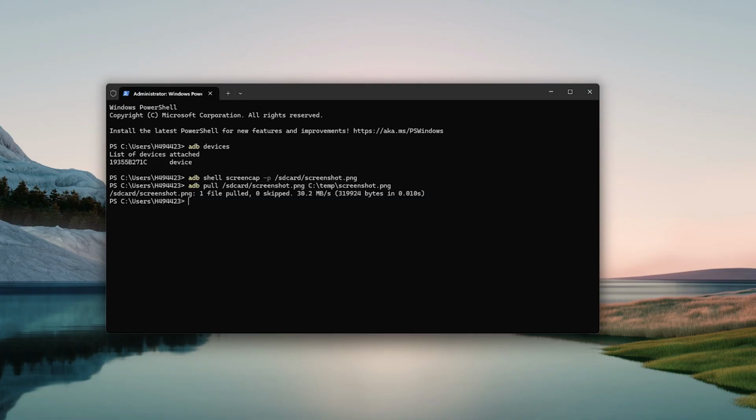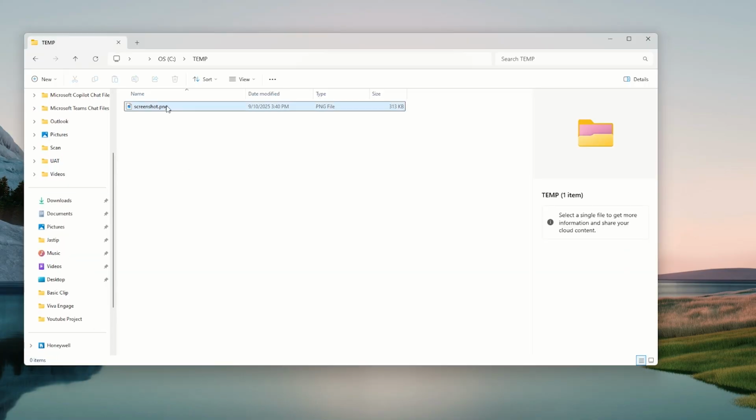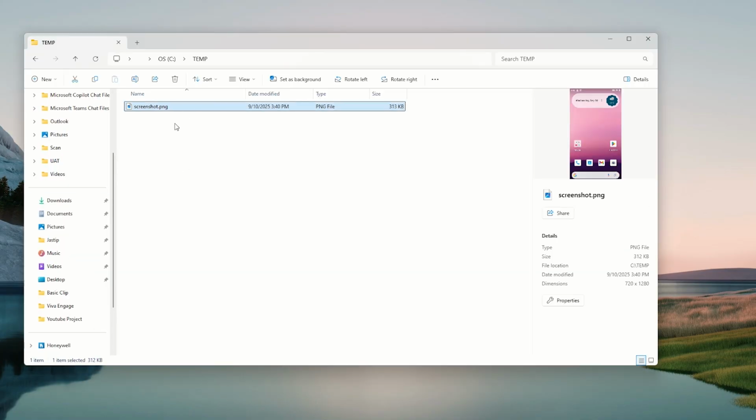c:\temp\screenshot.png. All the captured screenshots will be saved as a PNG file in the folder